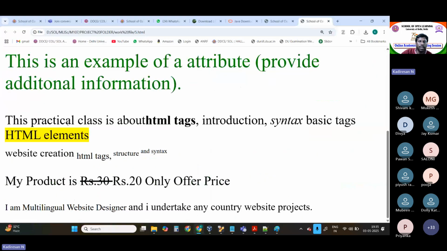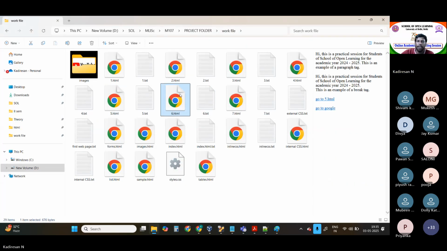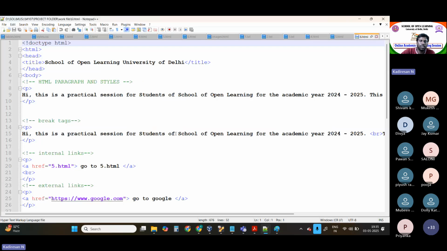Okay, so here you can find bold, italics, and mark. This is for mark, the HTML element for highlighting. And this is for subscript and superscript. Okay, this is for the del tag, where the text is struck off and the remaining content is available. Okay, so these are the formatting tags. So next is